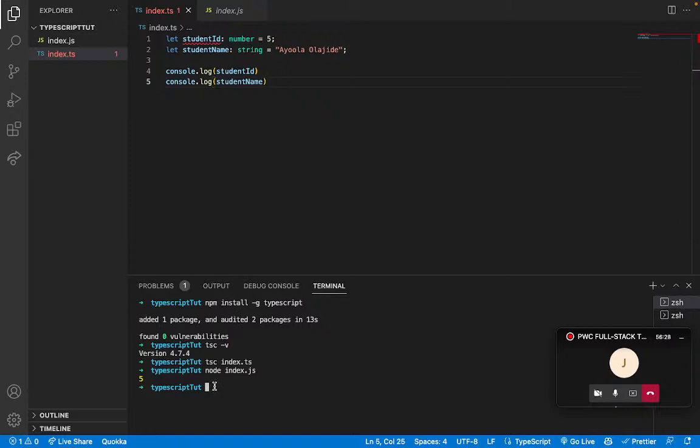and I'm going to try to be watching while I develop so that I don't have to be doing TSC index every time. So in order to do that, I'll simply do TSC --watch. If you're having only one file, which is index.ts, you can put the name there. But if you wanted to compile every TS code, then you can just press the enter key. But since we're having one, I will still say